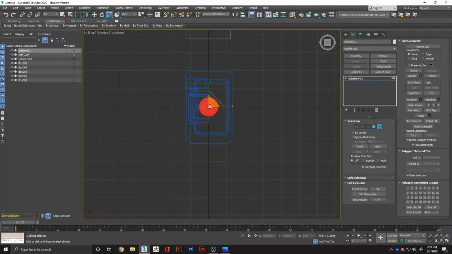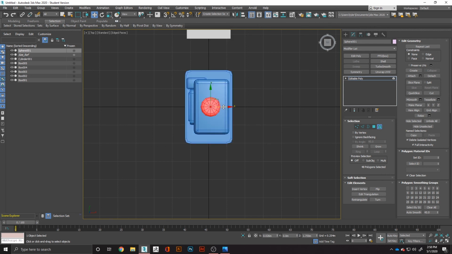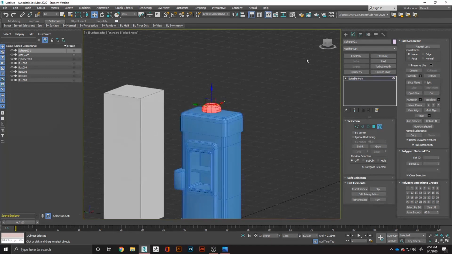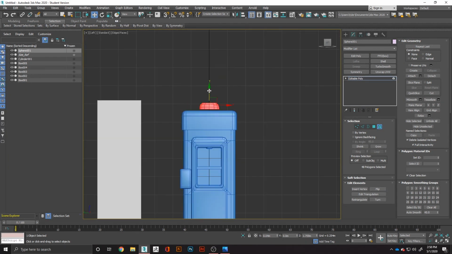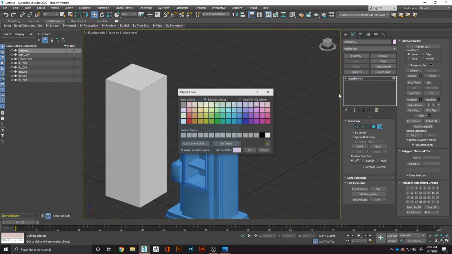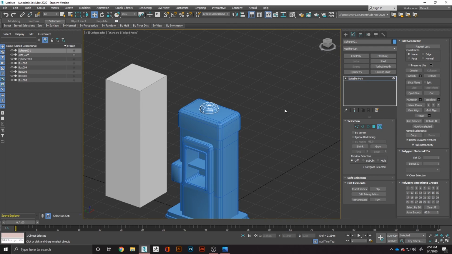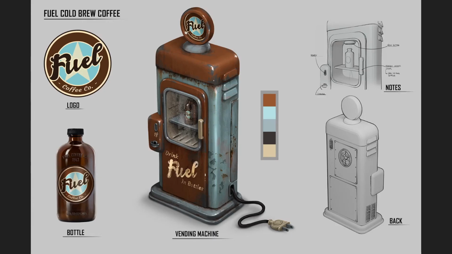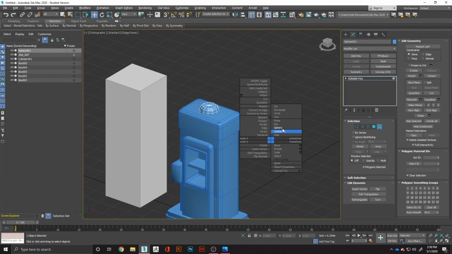And then I'm going to go to my top view, and I want to position that right on top of everything. Yeah, it looks pretty good there. Okay, so it's still not lined up at the top. So just like that. Okay. So now we have that complete, and we just need to create a kind of a fuel logo shape, which we can do with the